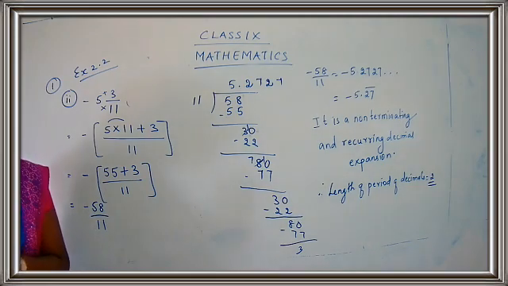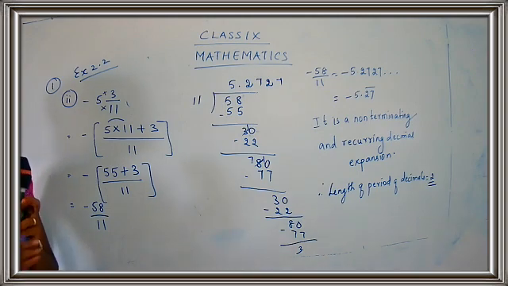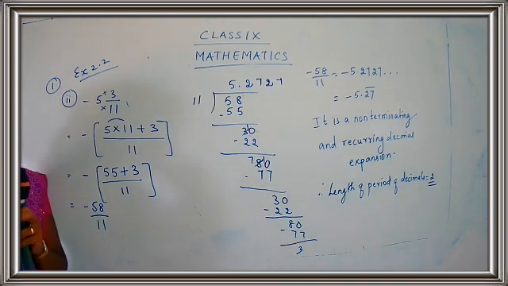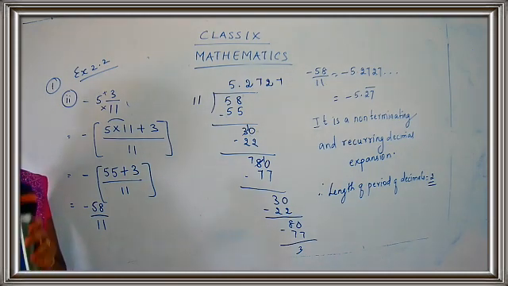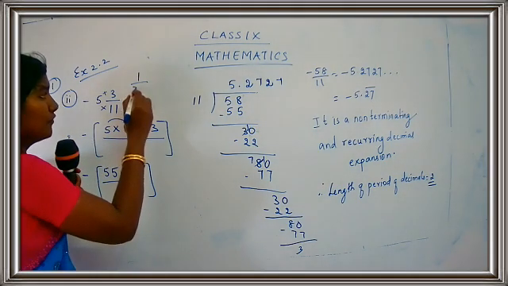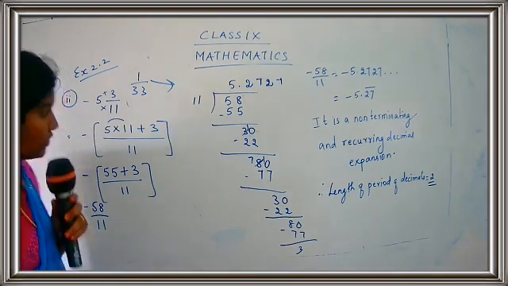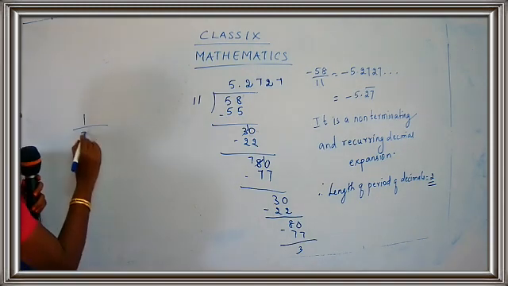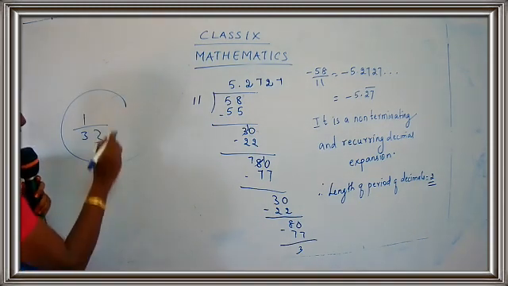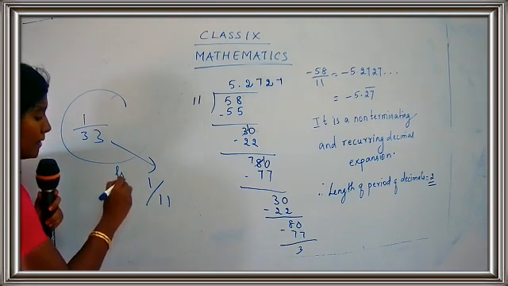So they're saying that you have to express the rational number 1 upon 33 in recurring decimal form. So you have to divide the rational number. Okay. Using the recurring expansion of 1 upon 11. So you are not going to divide 1 upon 33 directly. You are going to express the rational number using 1 upon 11. So how are you going to get the answer for 1 upon 33? You are going to get the answer of 1 upon 33 from 1 upon 11. You are getting the statement? How to find 1 upon 33? You are going to find 1 upon 33 from 1 upon 11.